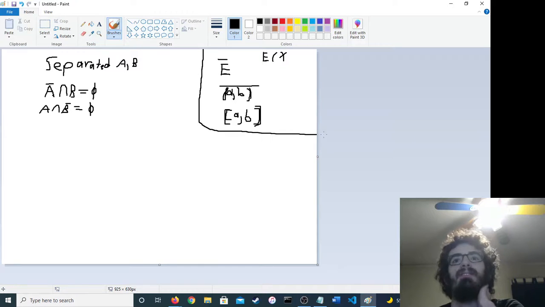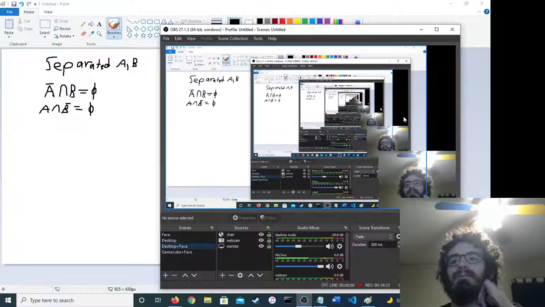So two sets are separated if the closure, so say A and B are separated if the closure of A intersects